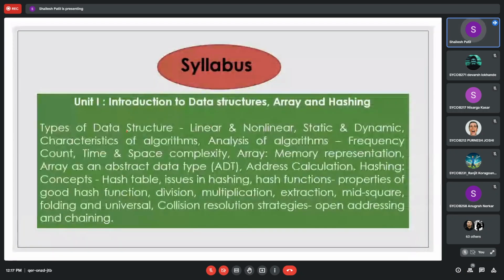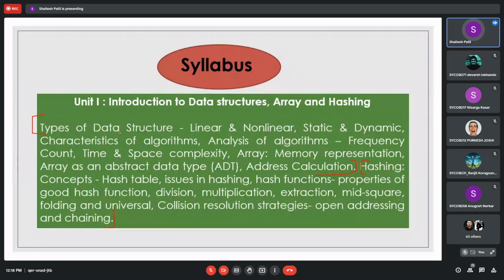Okay, so we have started with this particular part. This much part we have covered, and we started from this. This second part we are remaining with, that hashing part, which is again a very interesting part. We already started it in practical, but we'll cover it in theory in the next lecture.